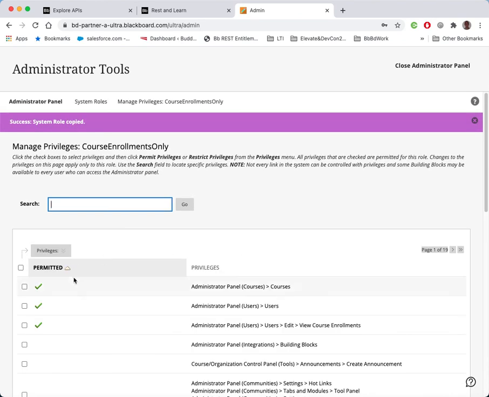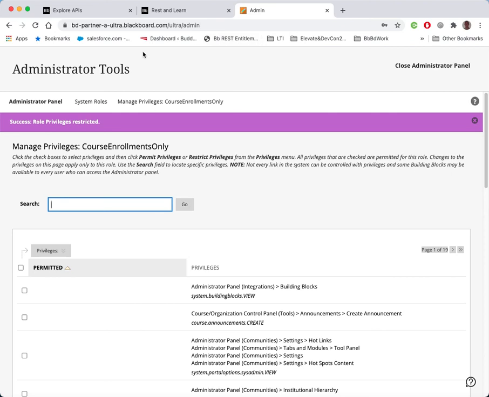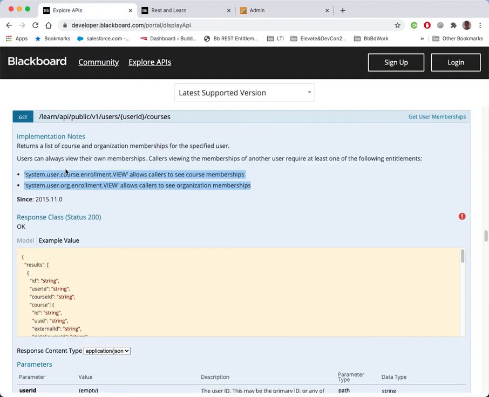So now the first thing we want to do is get rid of these three because they're not what we want. So we're going to click them, and we're going to restrict them. So now they're gone. Now we're going to run our bookmarklet again, and then we're going to look for the one that we want. So we just go here,